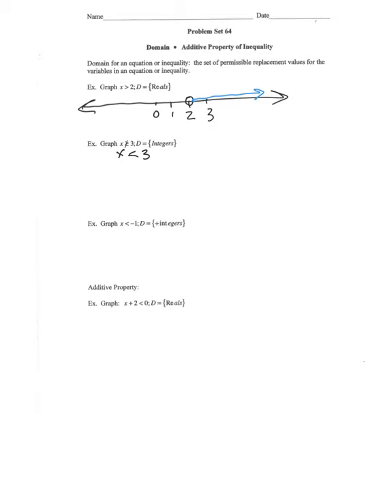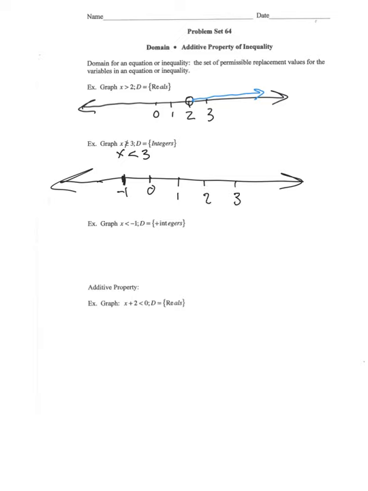And the domain is just integers. So we have to be really careful here. What I'm going to do is draw my number line here. I'm going to make sure that I have a few important values here. Maybe I'll start at -1, 0, 1, 2,